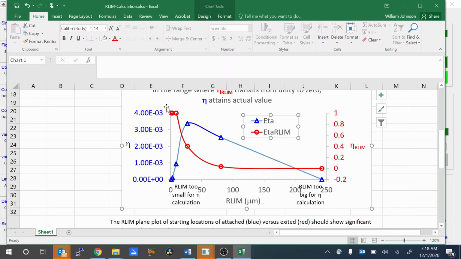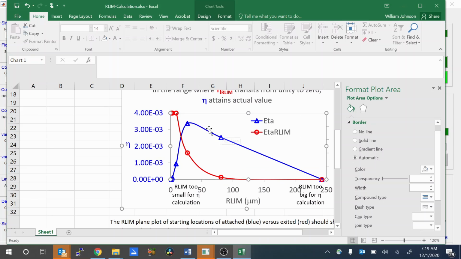We'll clean up the y-axis so that it doesn't run to negative numbers. So having done that, we can see that the eta r-lim versus eta trend differently. Eta r-lim moves from 1 down towards 0 as we increase the r-lim, and the actual eta goes through a maximum, somewhere around 3 times 10 to the minus 3 for those limiting radii that have healthy populations of